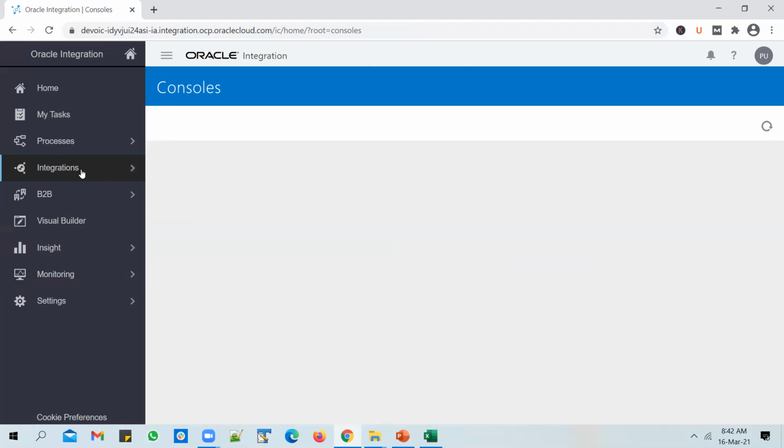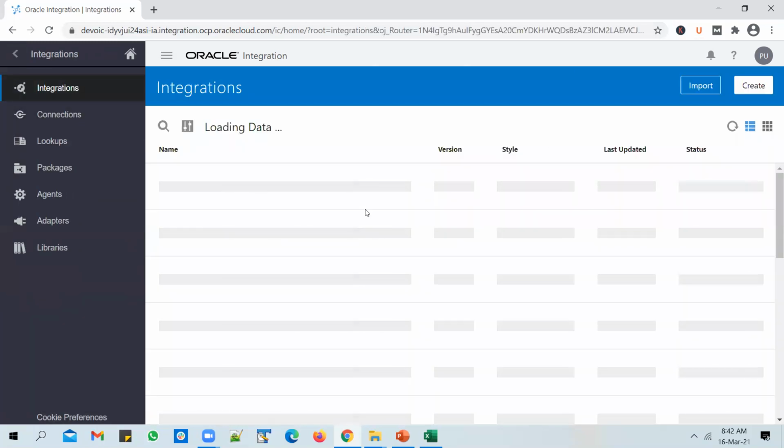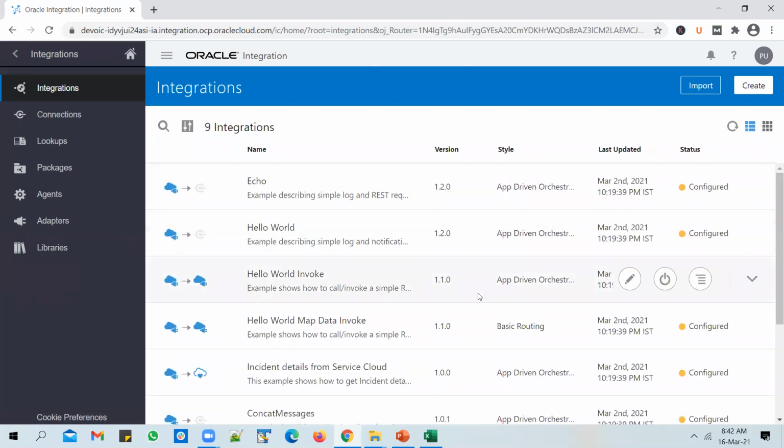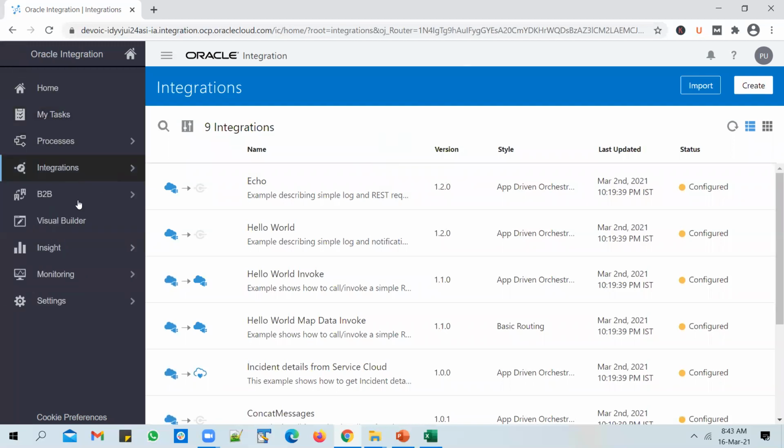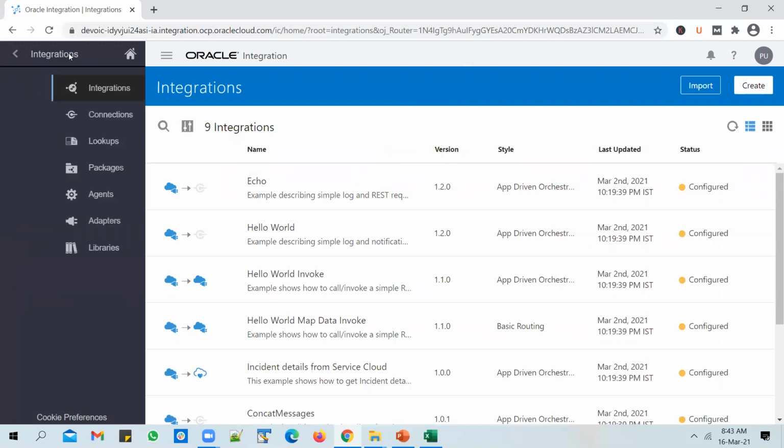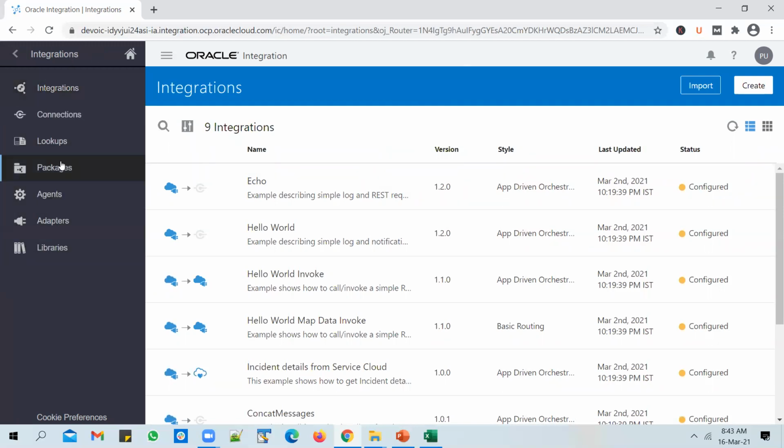So if you click on Integrations, it will take you to the designer page. And in the designer page, you can build the integrations. You can build SOAP services or REST APIs, and you can activate them. And after you activate the REST APIs or SOAP services, clients will start invoking those web services, right? And when clients start invoking the integrations that you have built in OIC, you might probably want to monitor them, right? So that monitoring can be done from this monitoring section. Okay, so in the integration designer page, you will design integrations and you will monitor them from the monitoring section.